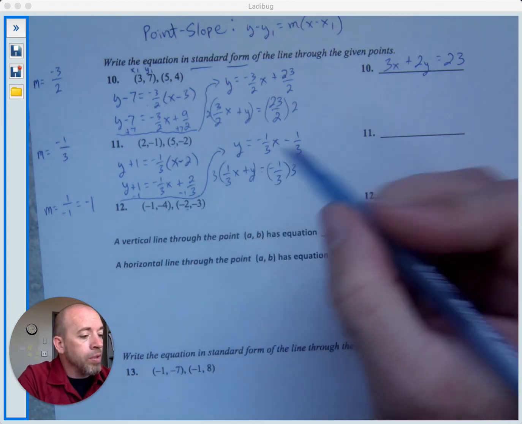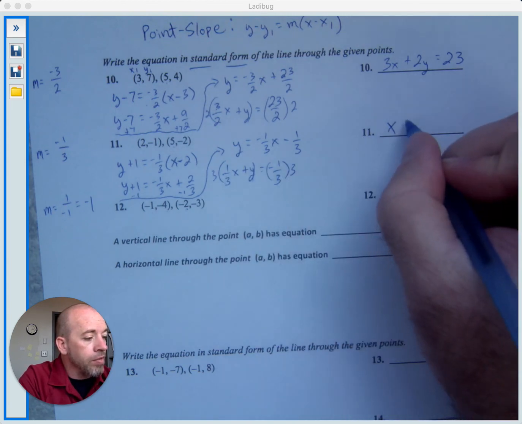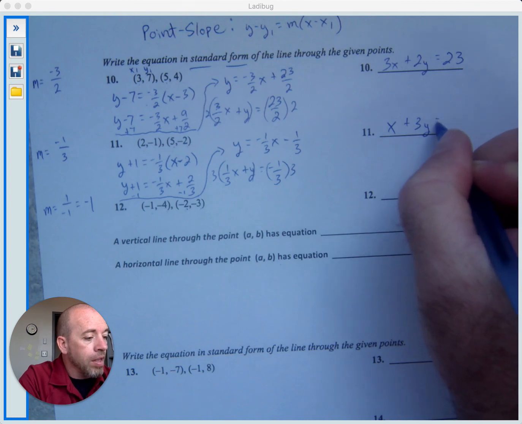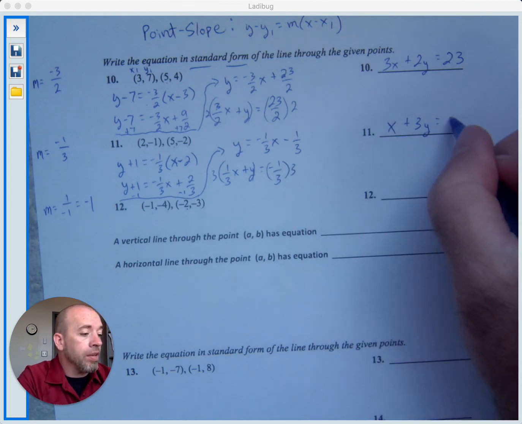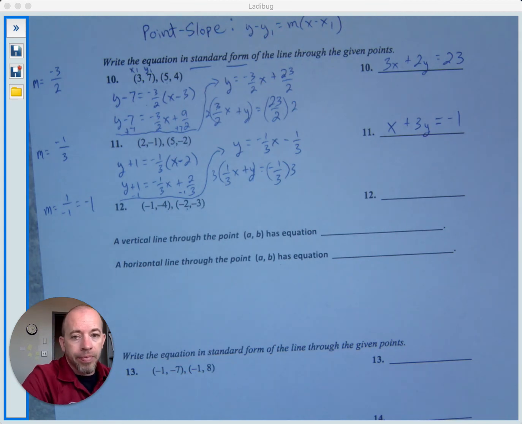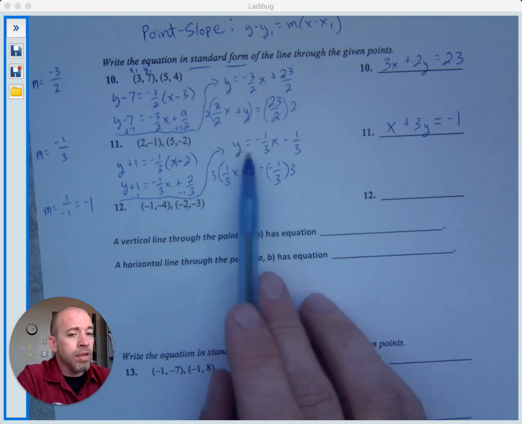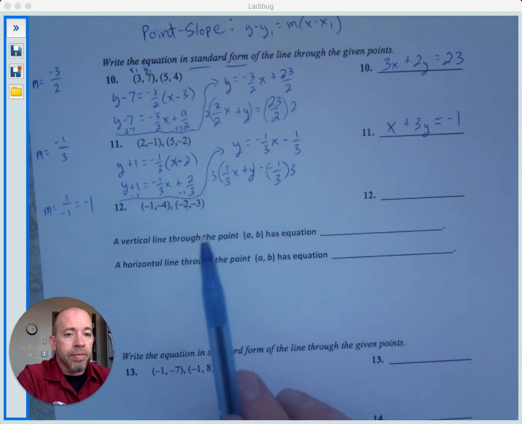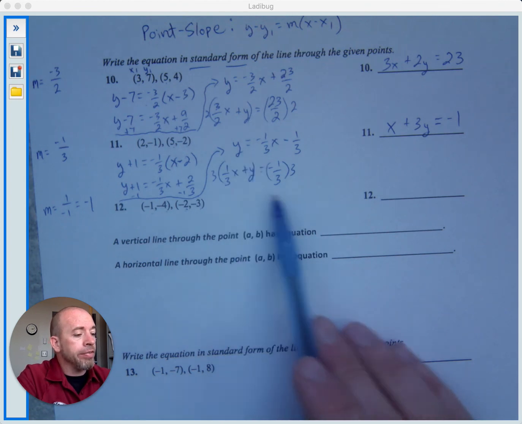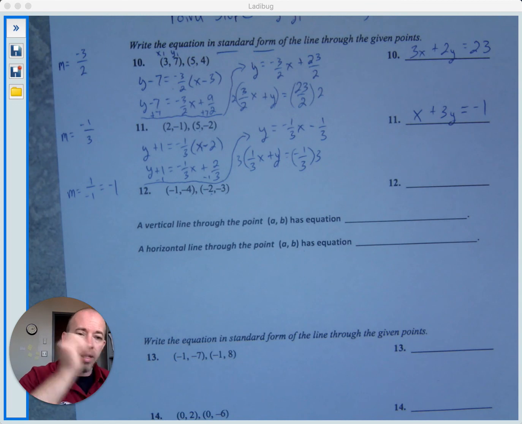And 3 times 1/3 x is just x. 3 times y is 3y. And then 3 times negative 1/3 is negative 1. So that is my standard form. Okay. Again, MyLab may ask you for a slope-intercept form sometimes. If that were the case, you would stop right here and say that's my answer. But if it asks for standard form, you got to go a little further. Alright, we have one more of these, and even less room, but I think this one is a little easier